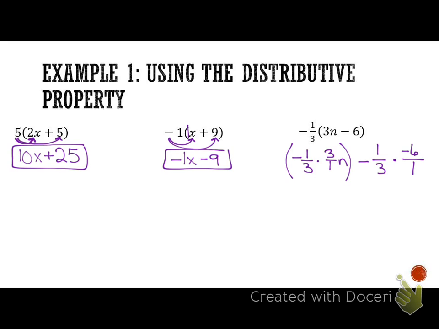Okay? All right, so now I'm going to simplify both of these. So the 3 and 3, can those cross reduce? Yes, cross reduce my 3's, and all I'm left with is negative 1n. Now I need to multiply this set. The 3 and negative 6, can those cancel? Yes, to negative 2. So what's negative 1 times negative 2? Positive 2. Okay? So if you can show that breakdown, how you're multiplying the fraction by each term, to me,